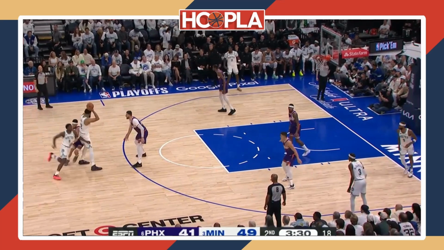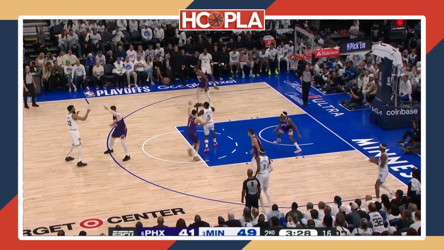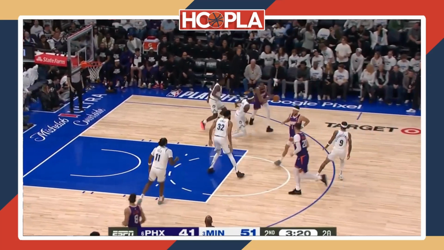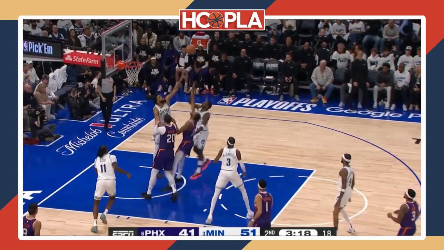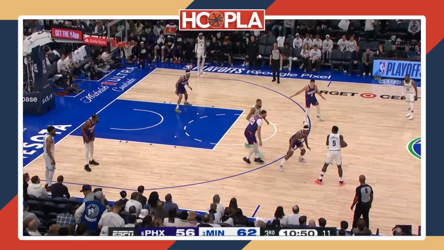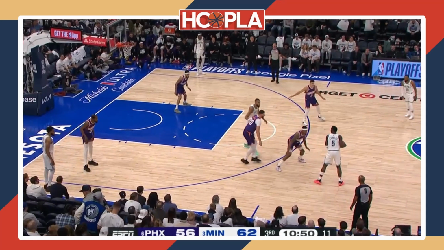He uses Towns as a screen, and he cuts and gets a layup, just being patient, moving without the ball, letting the game come to him. Unfortunately, off of that layup, he had to sprint back on defense, and he was already off balance. Kevin Durant attacks him, and he picks up his 3rd foul, and he has to sit the rest of the first half. So picking up that 3rd foul allowed him to sit for an extra few minutes and reflect on why he was struggling, why he was not able to get the looks that he wanted to get.